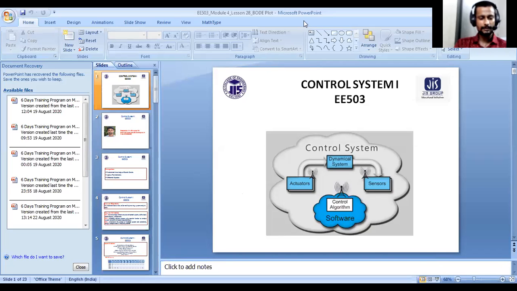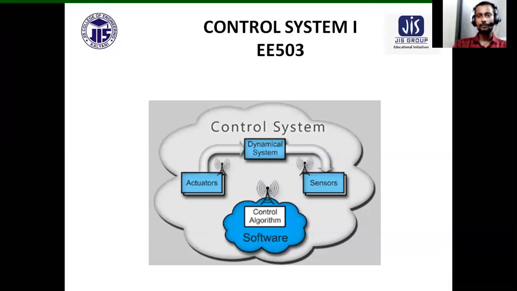So this is it. Up to this we covered today. In the next class we'll be discussing getting the Bode plot of some other different terms. So as of now I'm ending here. What we discussed in today's class: what is a Bode plot, what is semi-log graph paper, why semi-log graph paper is used to get a Bode plot, what are the different terms associated with a particular transfer function, the general expression of a transfer function, how to get the Bode plot for the constant term, the 1 by s to the power n term and the s to the power n term.